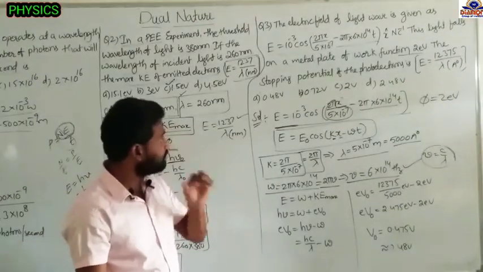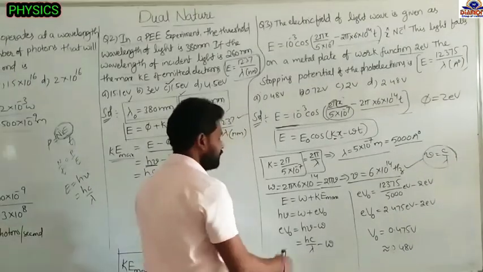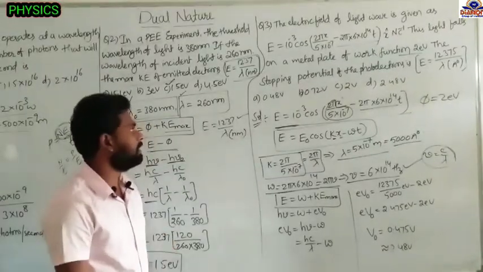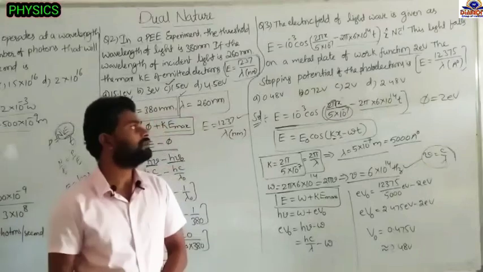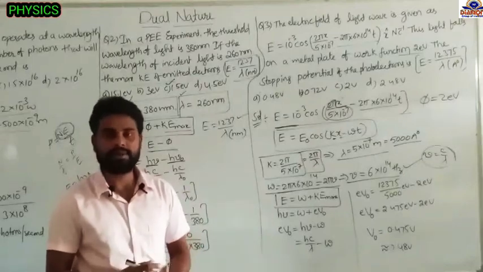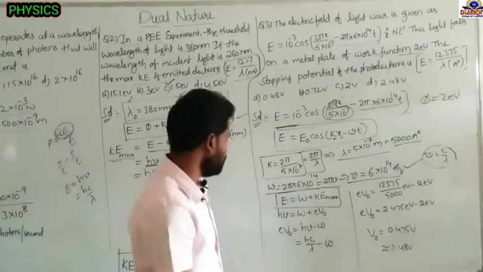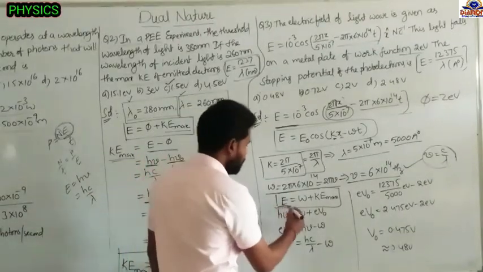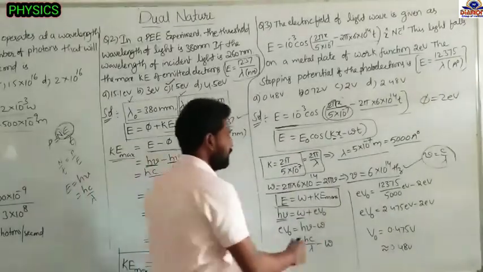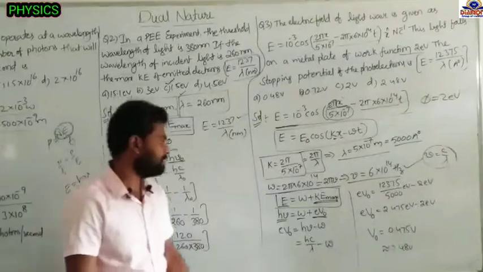Okay, next see now, what are they asking? They are asking the stopping potential. Write down the photoelectric effect formula first. Energy of the photon equals the work function plus maximum kinetic energy. Whenever the stopping potential equals the maximum kinetic energy of the electron, it will stop the electron, and then no current flows through the device. So energy of the photon is h mu, work function W or phi, in some books phi, some books W, whatever it is. So kinetic energy KE max is equal to eV naught, where V naught is the stopping potential.